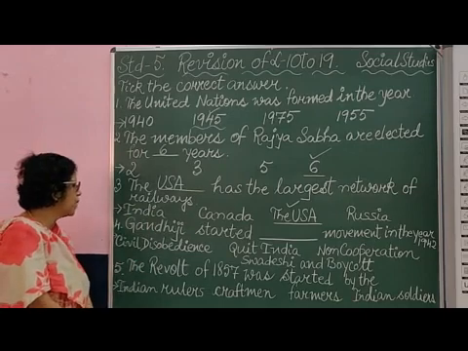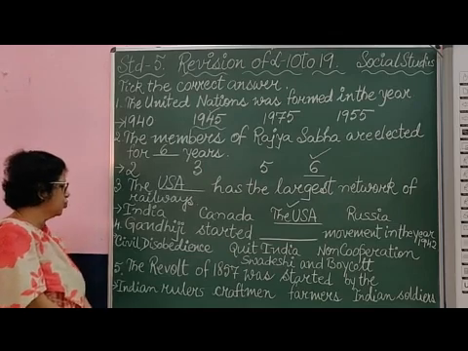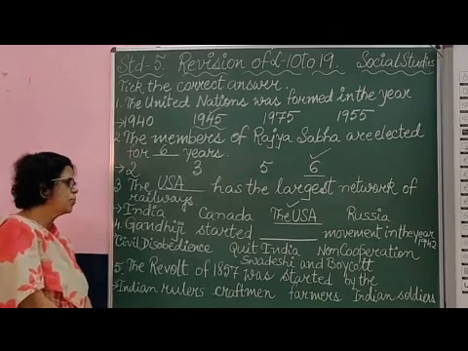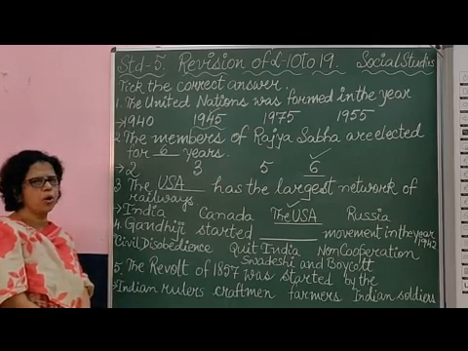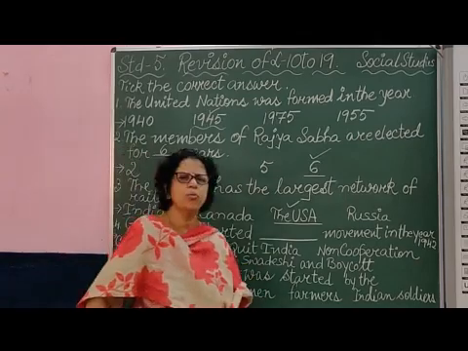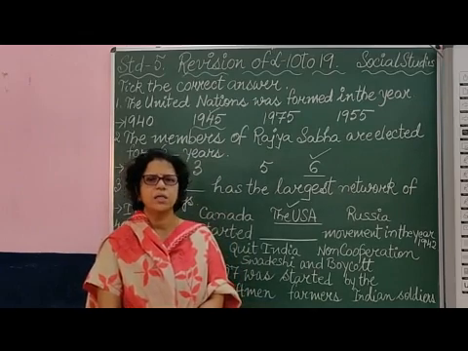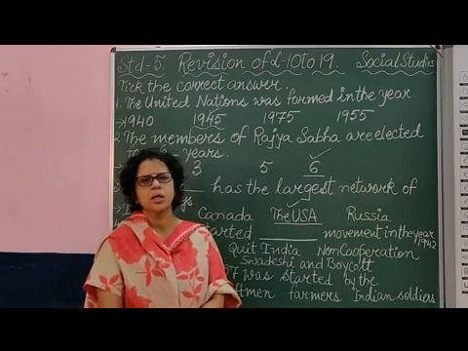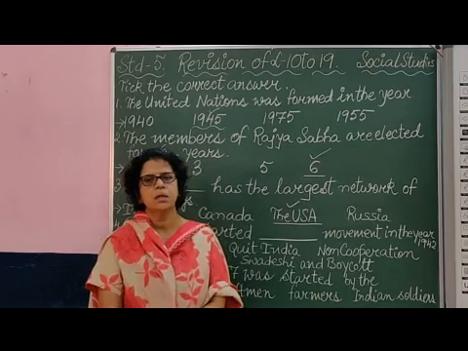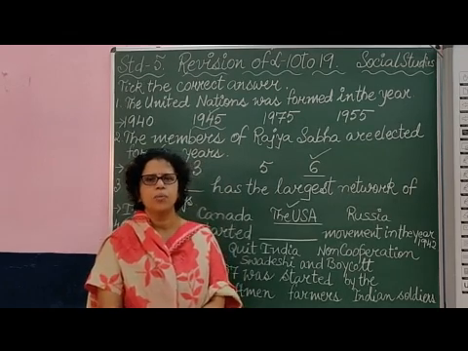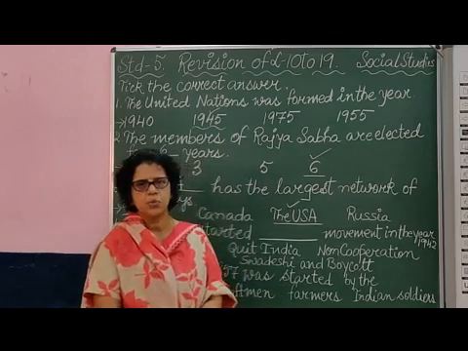Coming to the 4th one, Gandhiji started dash movement in the year 1942. Children, is it civil disobedience movement? Is it Quit India movement? Is it non-cooperation movement, or Swadeshi and boycott movement? As you know, Swadeshi and boycott movement was taken up after the partition of Bengal in the year 1905. People boycotted the goods made in England, and they burned the foreign goods in the fire, and asked people to use goods which are made in India, Swadeshi.